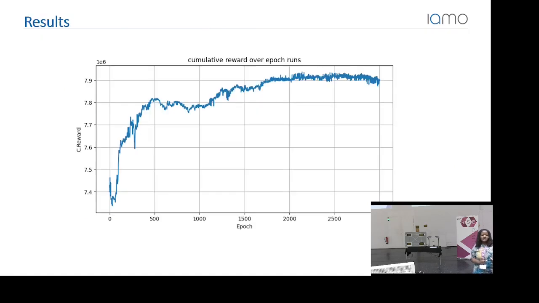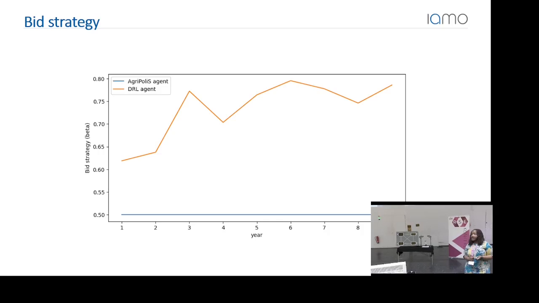Let me show you some of the results. We can see that the farm is able to come up with a strategy to ensure that it grows. For the bidding strategy, we find that it's not fixed; the farm should be able to take into account all these other variables and decide. So it's not a straight line, it's more of iterations. This is based on the best